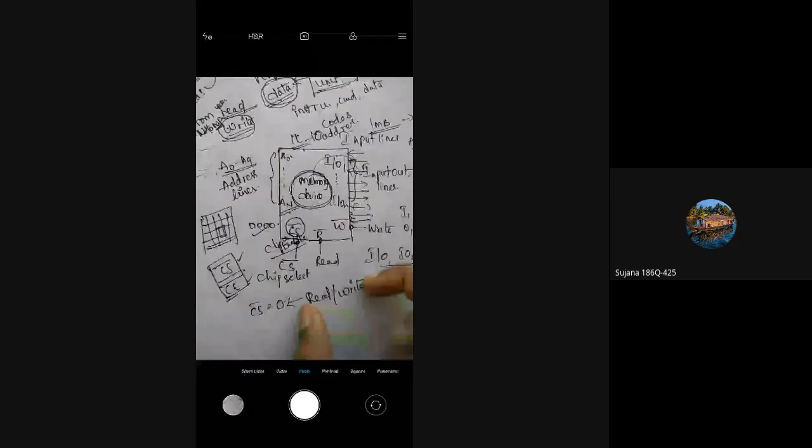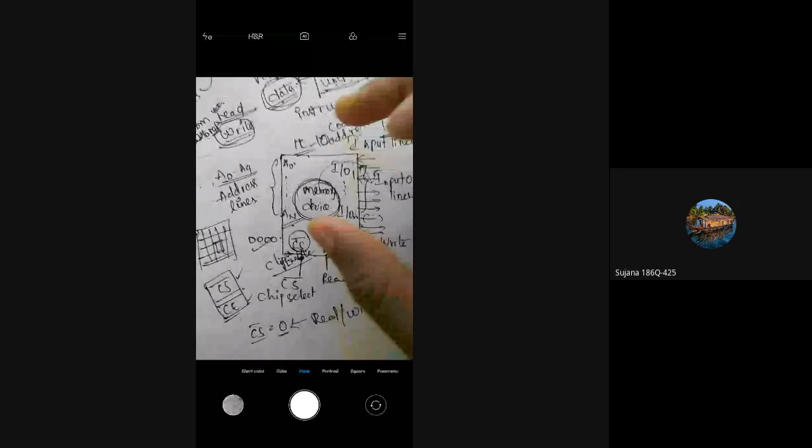Has own rights to perform the read-write operations. Once CS bar is at logic 0, this memory device performs the read and write operation. That means the microprocessor unit accesses the data from this memory unit, and it will perform the particular task. Or else, if the chip select bar is at logic 1,